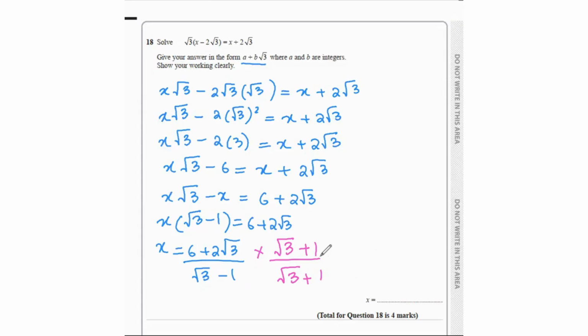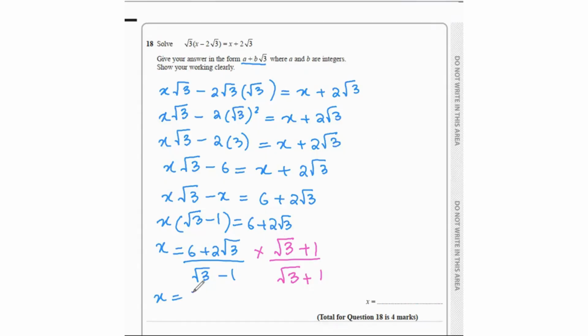This is very similar to when we're adding or subtracting fractions with unlike denominators. If you remember, in that case, you multiply both the numerator and denominator with the same number when you're making the denominators equal to add or subtract the fractions. So same concept over here, you're multiplying and dividing the fraction by the exact same thing. So if you multiply it by root 3 plus 1, you divide it by root 3 plus 1 as well. Next is we multiply the numerator with the numerator and denominator with the denominator. So that's going to be